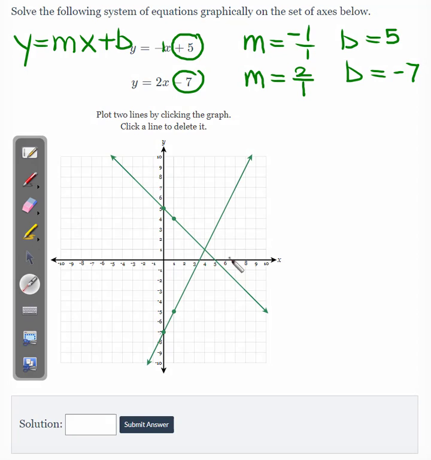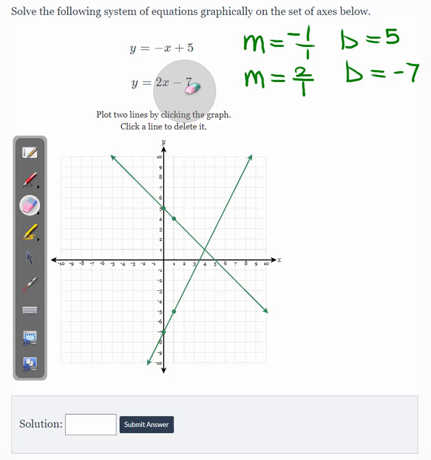Then we're going to go ahead and highlight this right here. This is the point where they intersect. We're going to put our x value, which is 4, first, and then the y value, which is 1. What you see in green is what you have to write down on your sheet to prove that you understand how to graph it. So let's come down to here, and our ordered pair is going to be a set